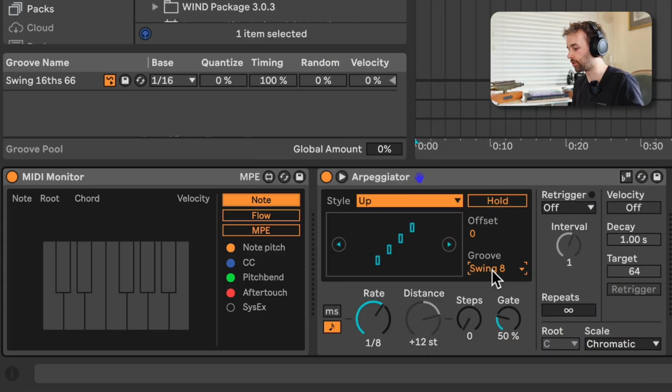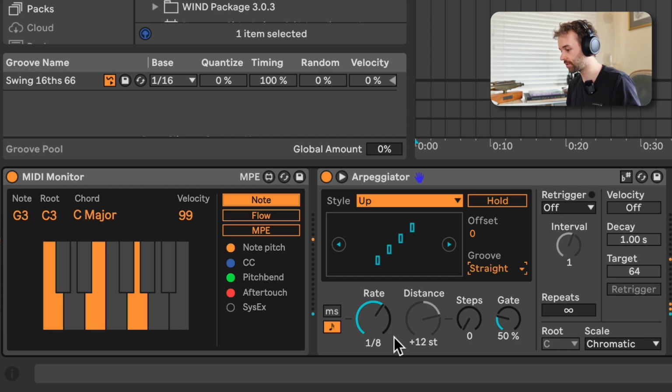Next up, let's take a look at the section right below the styles section, which is probably the heart and soul of the arpeggiator device. Now, the most important controls in this section are two that we've already looked at, which are the rate control and the gate control. Let's set the groove back to straight, and the rate control allows us to, of course, set the rate or the speed at which the notes are played back or sequenced once they're arpeggiated. Currently, we have this set to 8th notes,